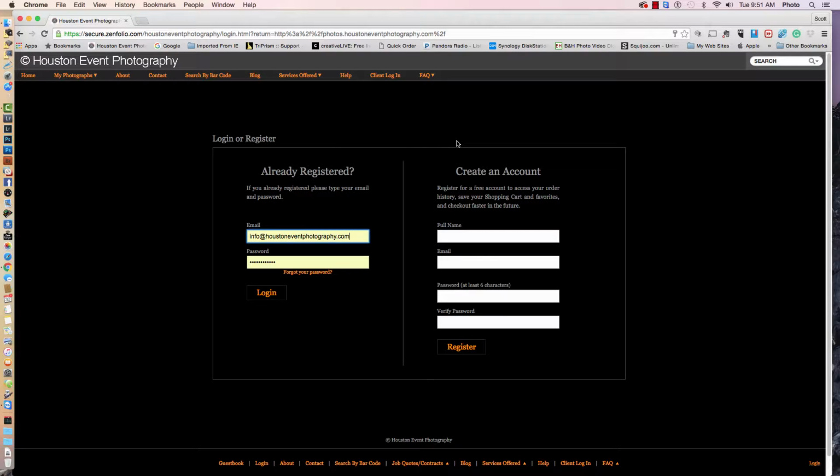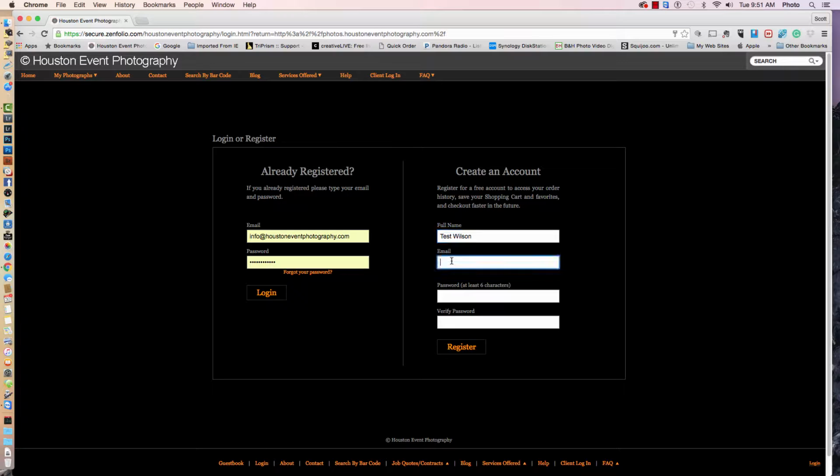You probably will get an email saying that your pictures are online, and it may give you a direct link to go look at your pictures, but you probably will need to set up an account. So if you need to set up an account, this is a screen that will come up, and you'll just fill out your information. I'm just going to make some stuff up here